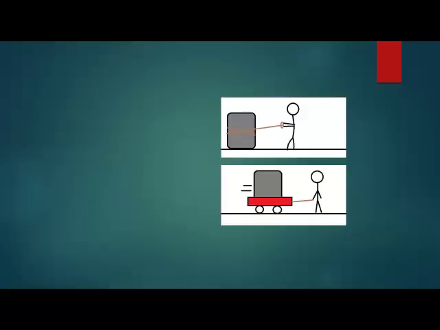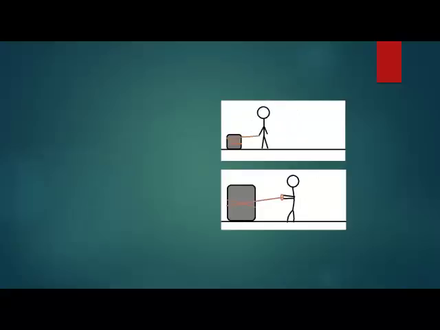This means that when you pull an object on friction-free wheels, you are really just pulling mass. If you could put frictionless wheels on an object, you would have no friction resisting your pull and you would be pulling only the object's mass. An object with less mass should be easier to move than an object with greater mass. The more mass an object has, the more inertia it has, so it takes more force to move it.